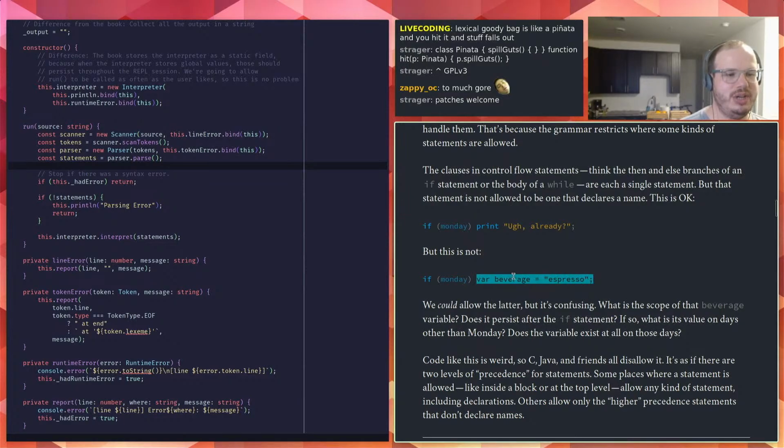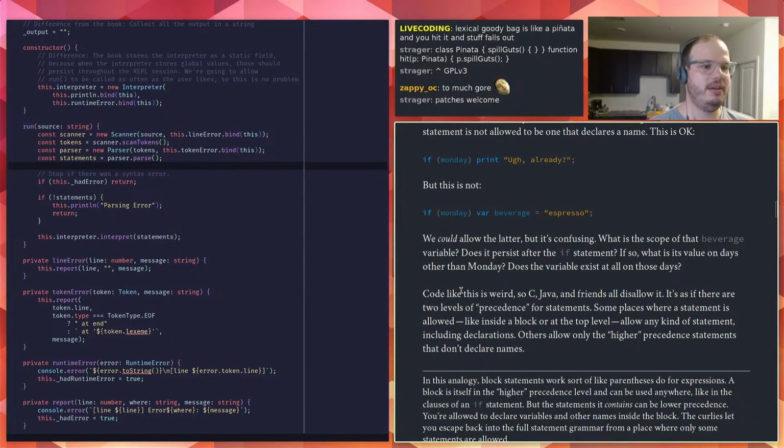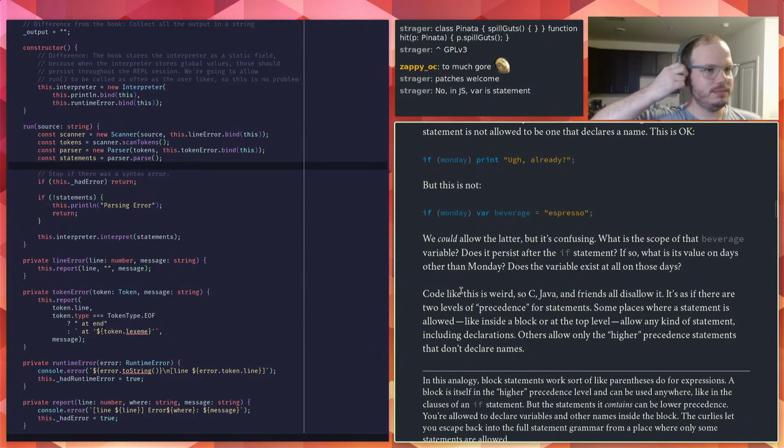Yeah, in JavaScript, variable expressions are expressions, whereas in this language and in many others, they're statements. Var is a statement, but this is still valid.